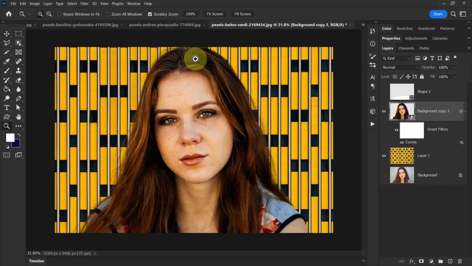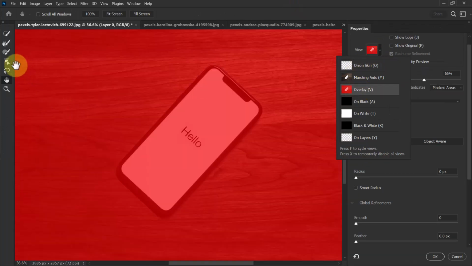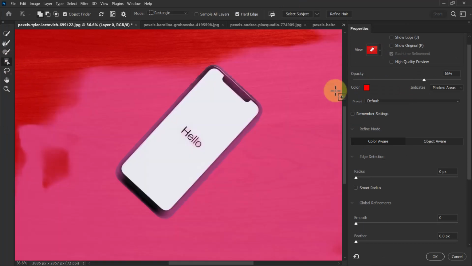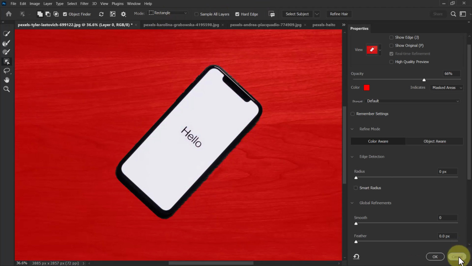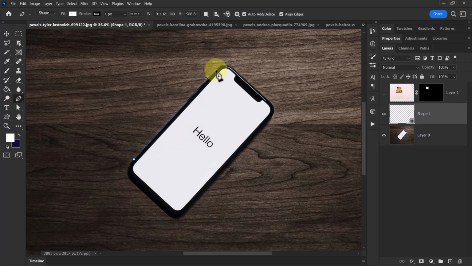I actually highly recommend when you're cutting out an object going to Select and Mask first, choosing the overlay, and then you can start working on your selection from there. However, sometimes you don't get the results you want, and you might want to use the pen tool. Now I use the pen tool for sharp objects when I want complete control, which I used before, but once again, if I click on this pen tool, I can draw very precisely, create very precise curves,